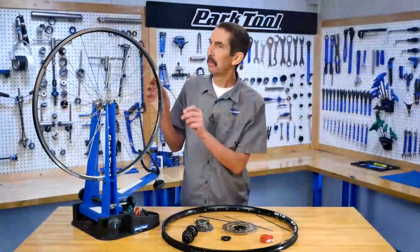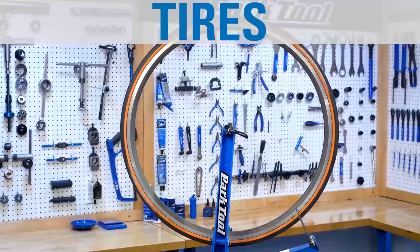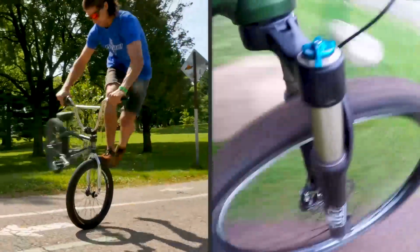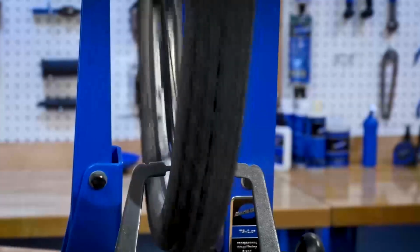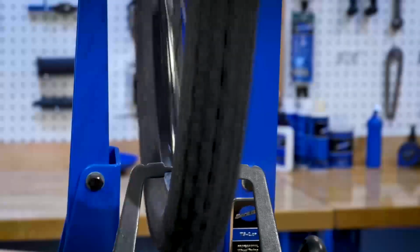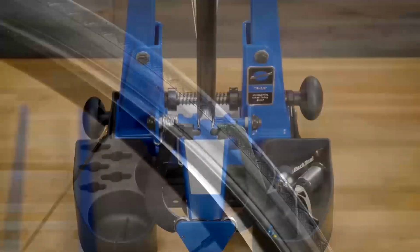Let's start over for a more detailed look at these component parts. While we normally don't consider the tire while discussing the wheel, the tire is where the rubber meets the road, and so it is important for the wheel's performance. If the tire is improperly seated or there is damage to the casing, it can look as if the wheel has spoke truing problems. This is one reason why it's useful to have the tire removed when you are just learning